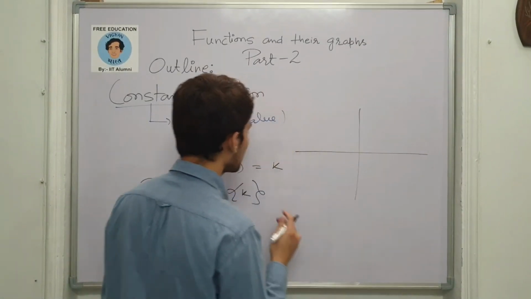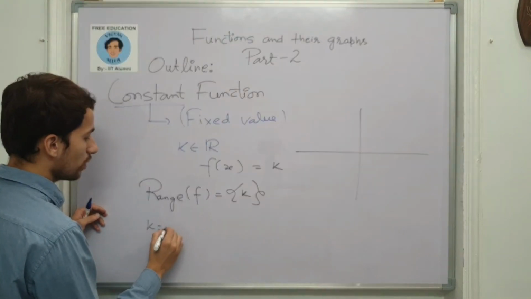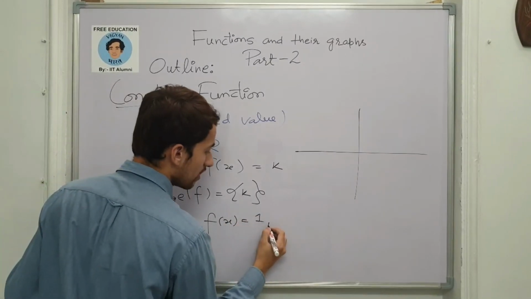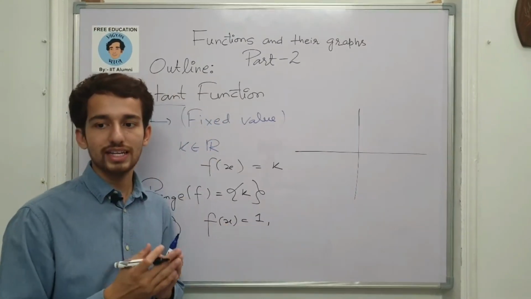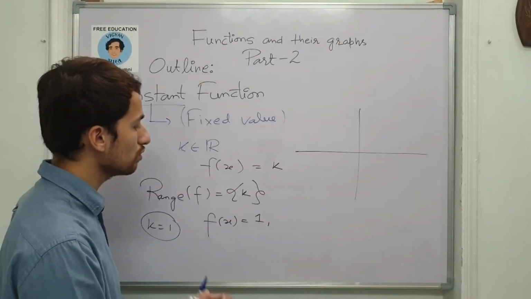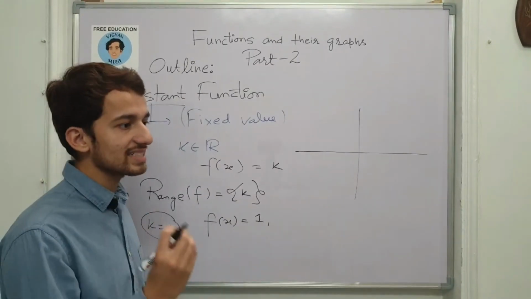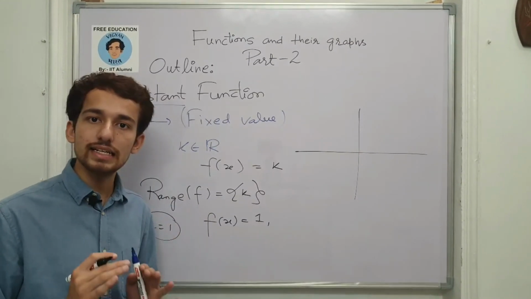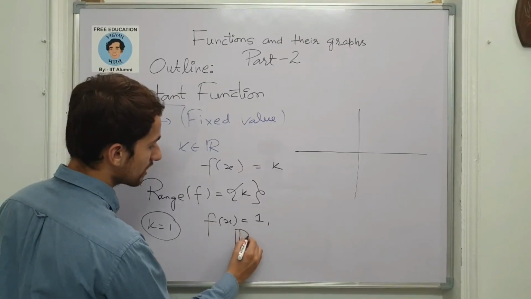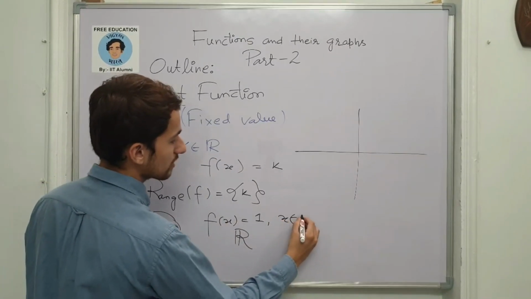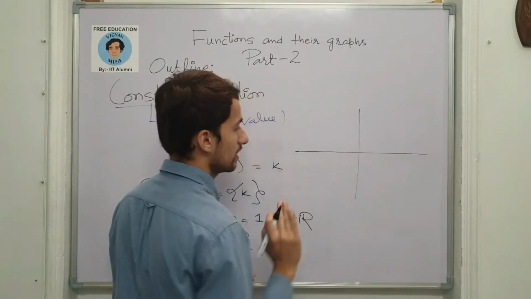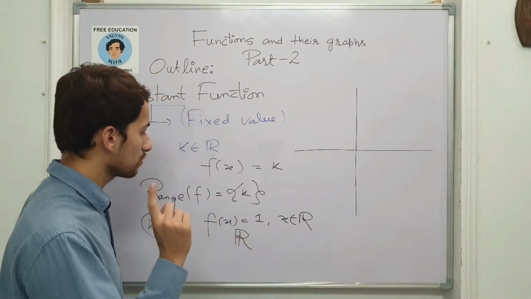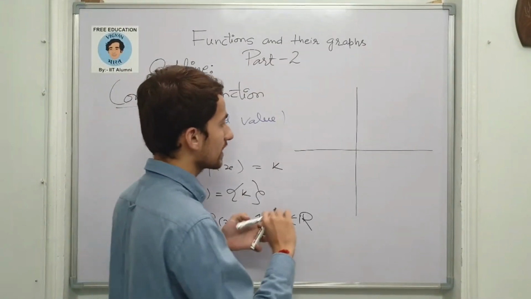Suppose I choose this k to be 1, that is, your f(x) is defined to be 1 for whatever x you choose. You are free to choose your x, and your x belongs to, whenever I'm not specifying a set, it is assumed it is defined for the largest set of values we know. And the largest set under consideration we have is the set of real numbers. So this x belongs to the whole real line. Let's now try to plot its graph. Whatever the input you take, in particular I have chosen this k to be 1. This k equals 1 I'm fixing here.